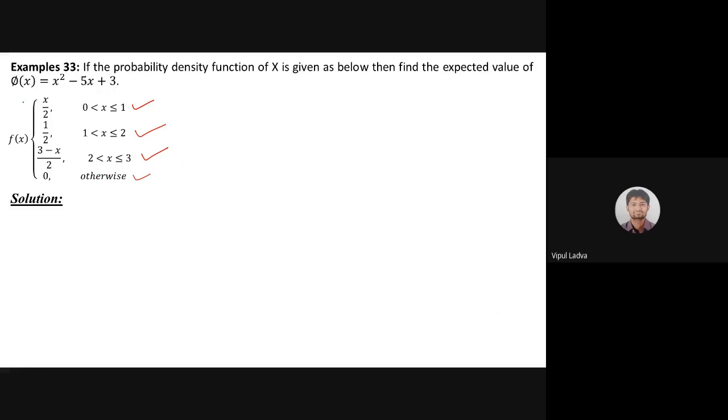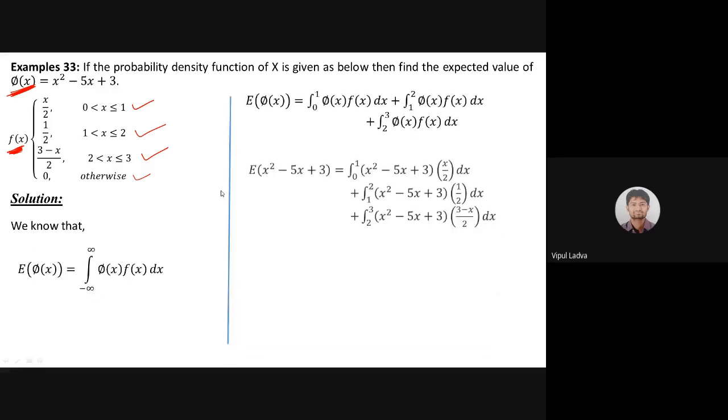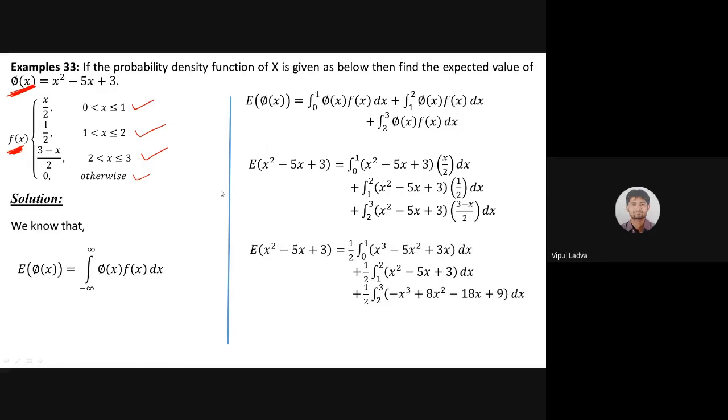So this is a definition of my probability density function, and I'm not looking for the expectation of this function. No, we are not looking for the expectation of this function. We are looking for the expectation of phi of x, which is literally connected with this. Okay. So let me show you some of the data and let me know whether you are comfortable with this or not. एक बार स्क्रीन में देखिए, कुछ भी समझ में आ रहा है, नहीं आ रहा है तो बताइए.